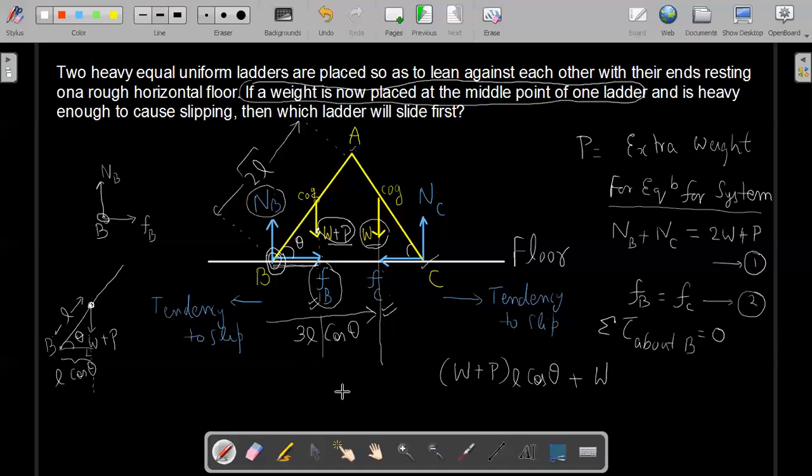Check it. Why will it be 3L cos theta? You have to check it. Then W multiplied by 3L cos theta equal to,